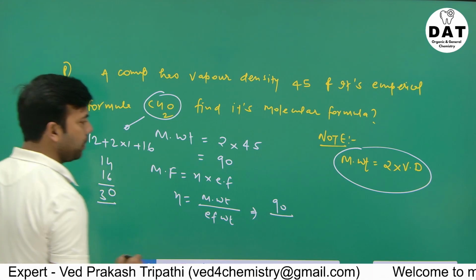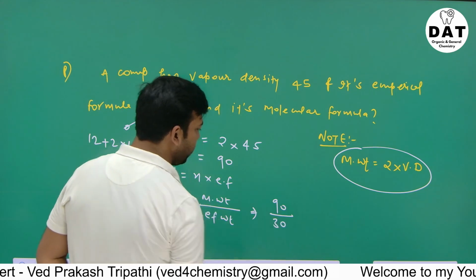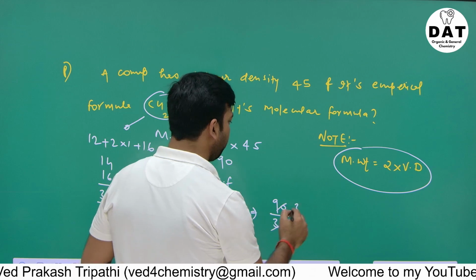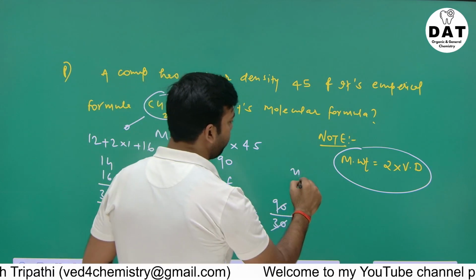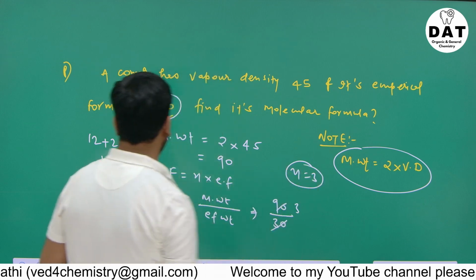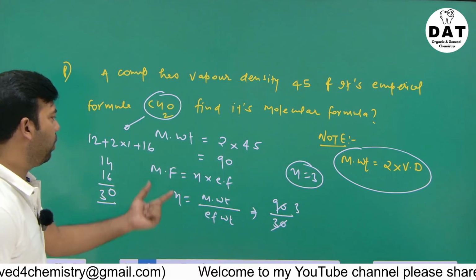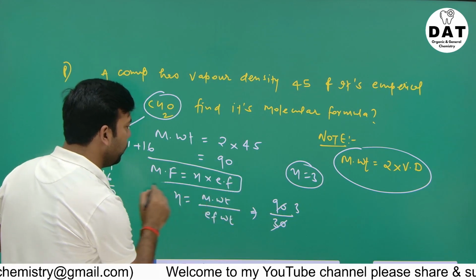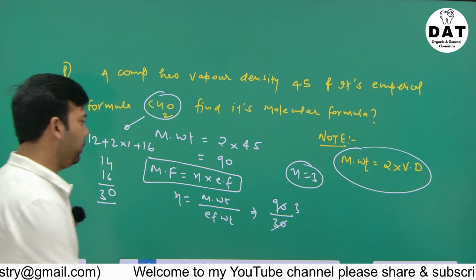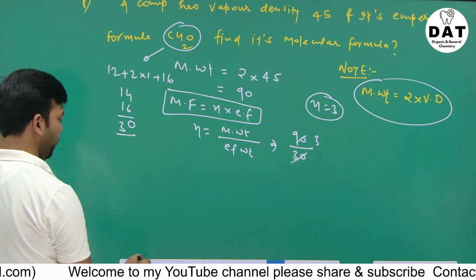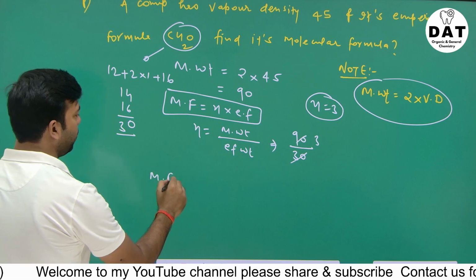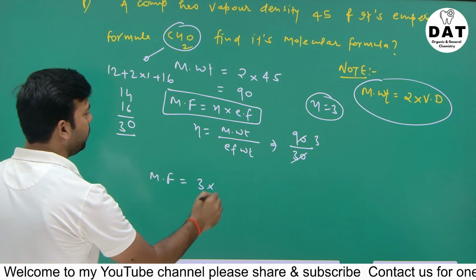So 90 divided by 30, which is 3. So the N value we have is 3, and we all know molecular formula is equal to N into empirical formula. So we will multiply N with the empirical formula. So molecular formula is equal to N, the value we have is 3,